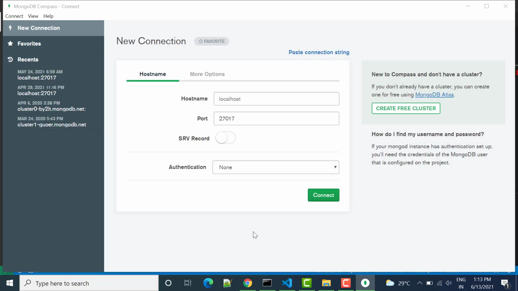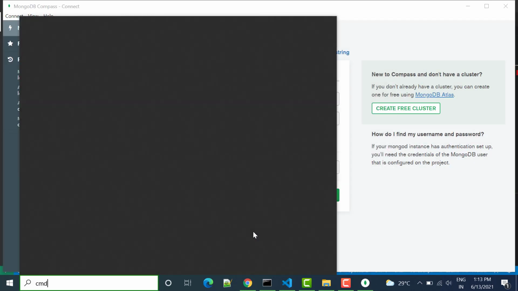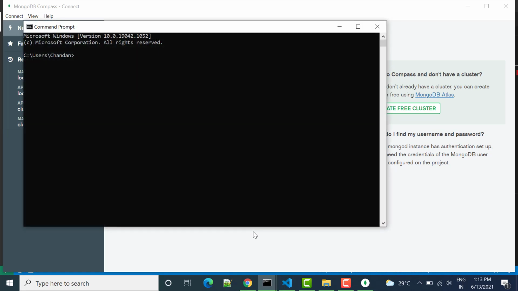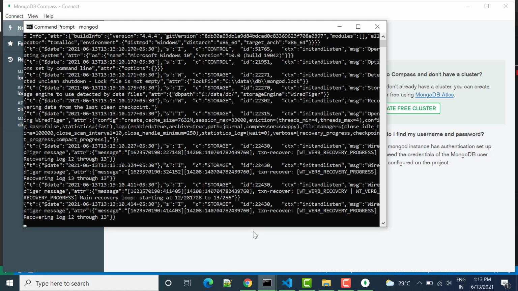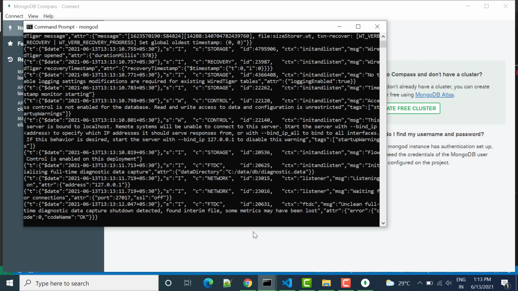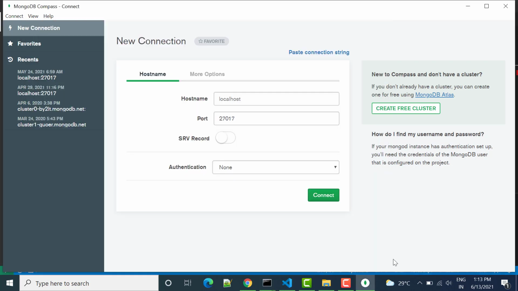For that we first have to open the command prompt and write mongod. If MongoDB is not installed as a service, you have to do this, and after that you can click on connect.